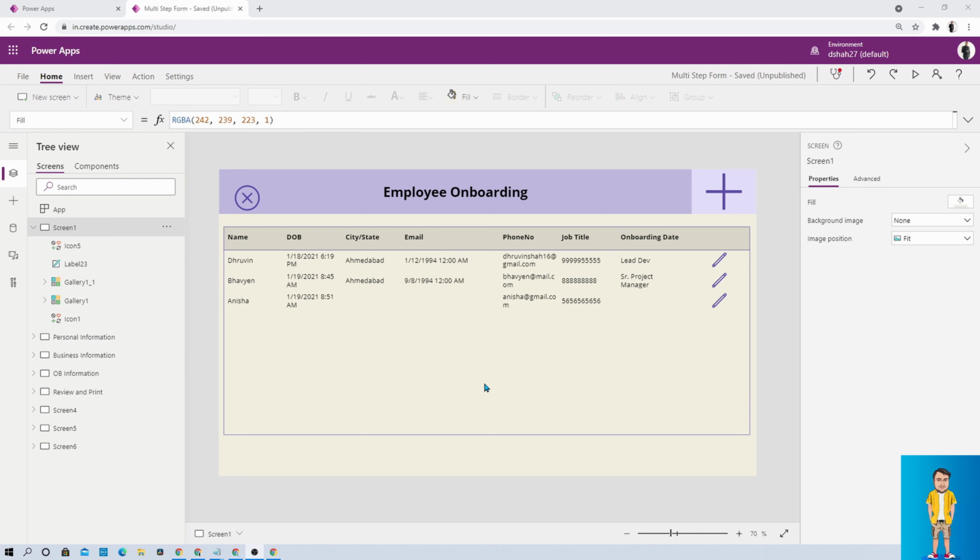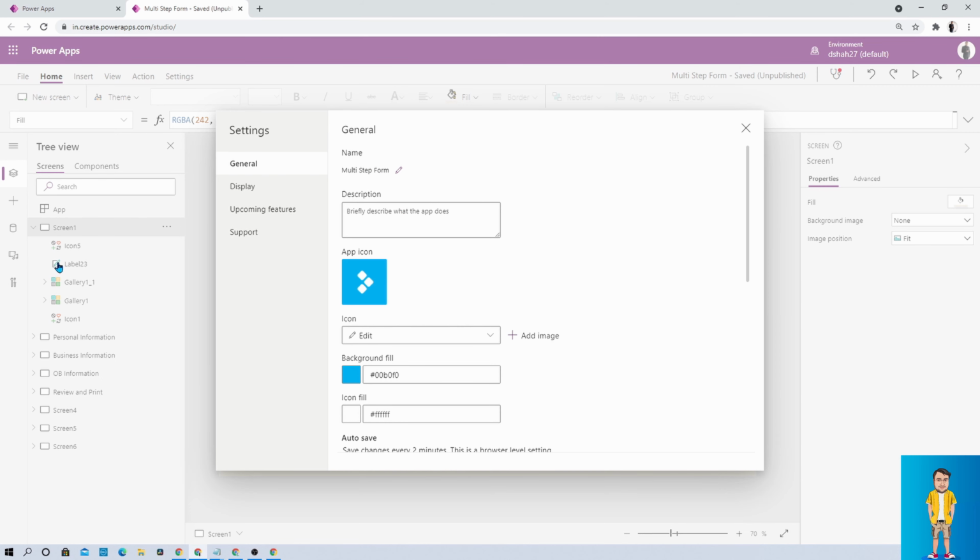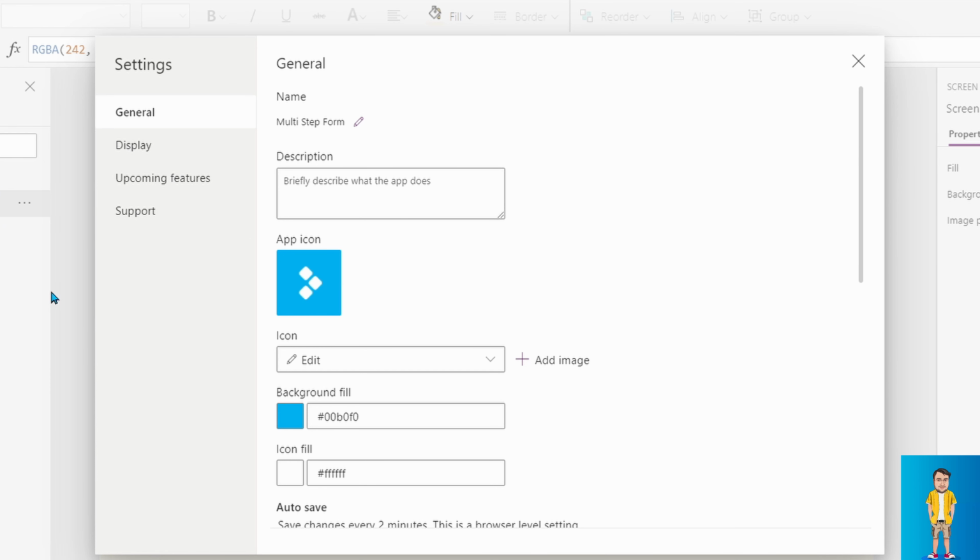Here I am on my machine and here you can see that I have opened one Power Apps. Now I am going to open the new setting option for the file menu. So click on the file menu and here you are able to see the setting option. Now earlier the setting option was totally different than the current one. This new UI is more user friendly.